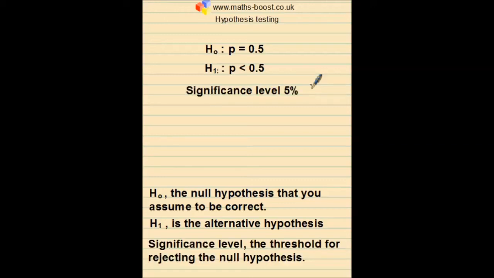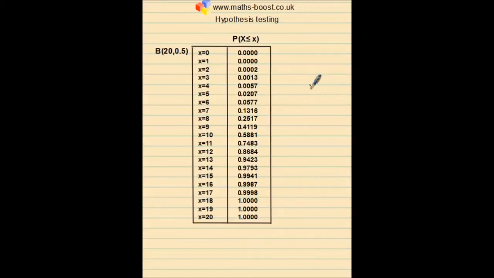Next, I'll state the significance level I'm going to use. If when I carry out my experiment, what actually occurs is so unlikely that its probability is below this significance level, then I must reject the null hypothesis. Now we're going to find out what outcomes are so unlikely to occur that their probabilities are below the 5% significance level. Now, this is Edexcel AS level, so all our experiments will be binomial experiments. So it's always going to be the binomial distribution I'll be using. If you're following other syllabuses, the principle is the same, but you'll use different techniques to find outcomes below a 5% significance level.